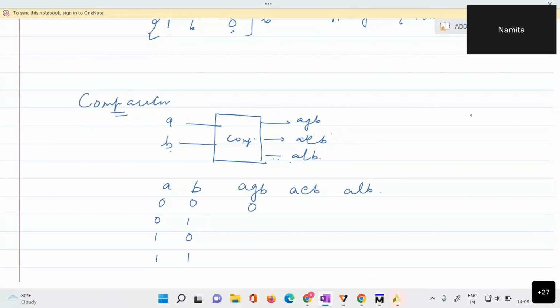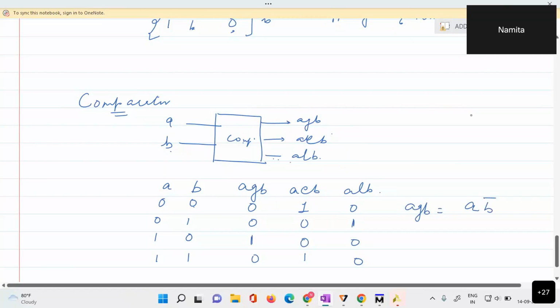If it is 0, 0, this should be 0, this should be 1, this should be 0. If it is 0, 1, it is A less than B, so 0, 0, it is 1. If it is 1, 0, means this is 1, this is 0, this is 0. 1, 1 means 0, 1, 0. So we can just write A greater than B as A B bar,